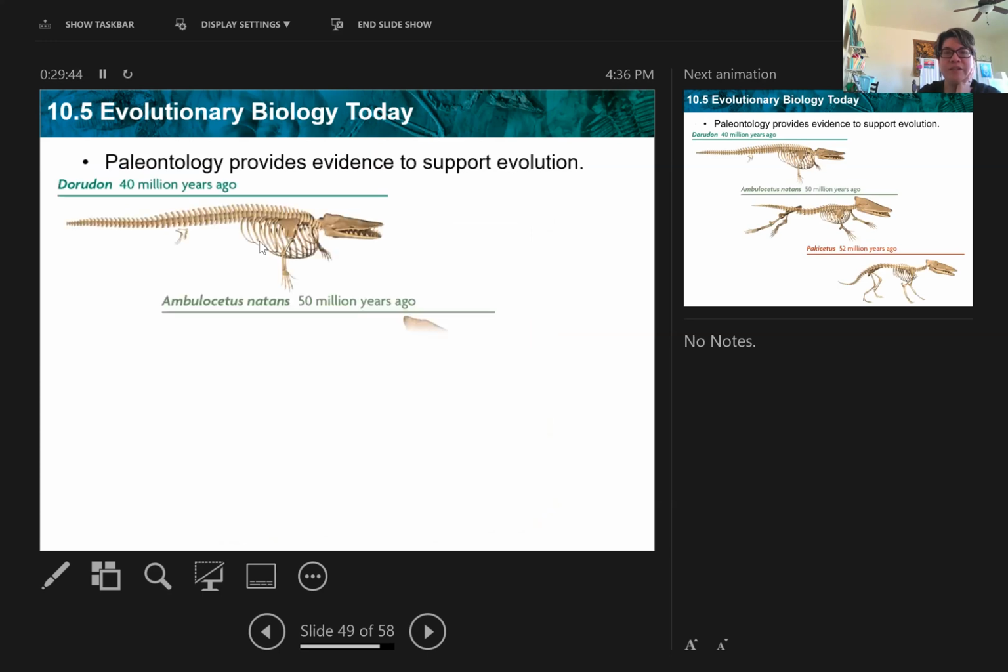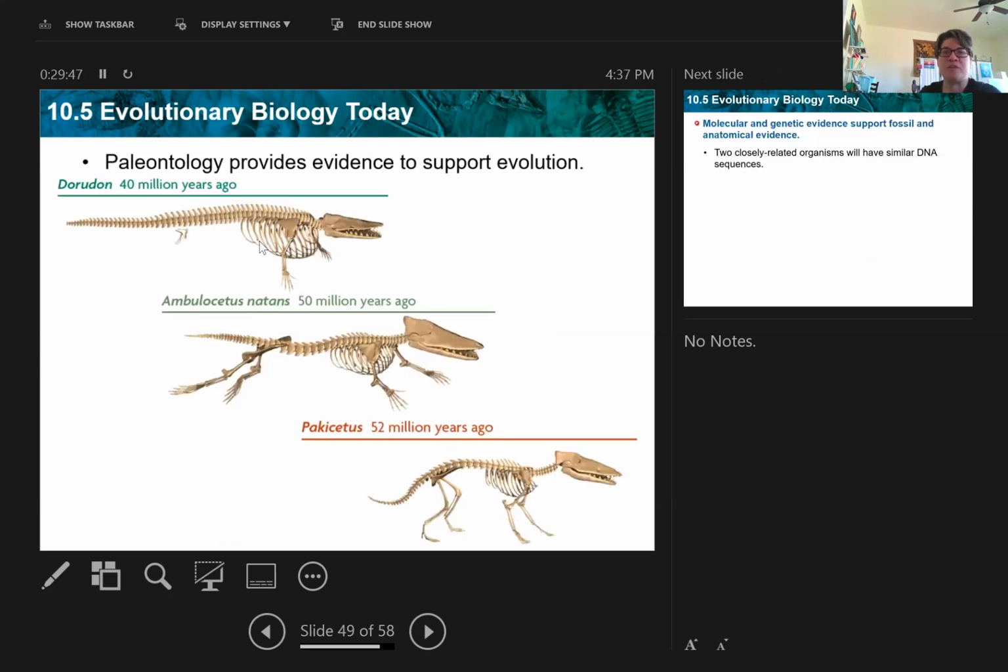So here's an example of how paleontology can help us to learn about evolution. A lot of times we are looking at transition fossils. Remember that not everything fossilizes, and it's really hard to find fossils, and it has to be perfect conditions. So we were able to find this example of a transition species where 40 million years ago you have this